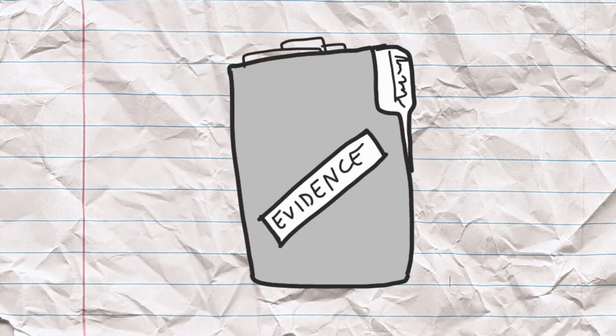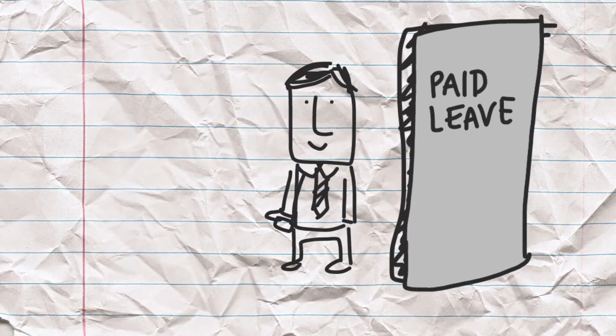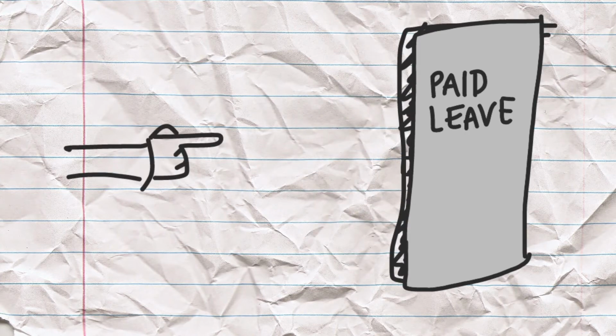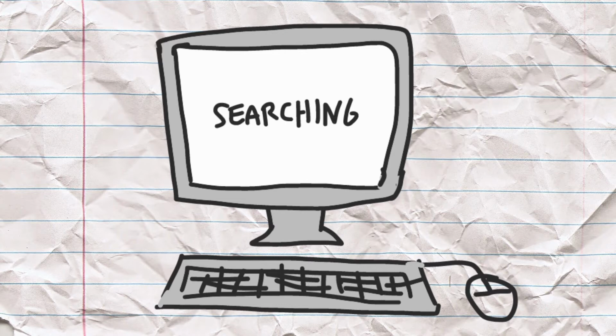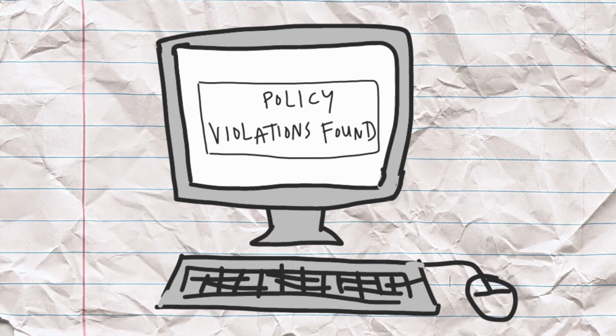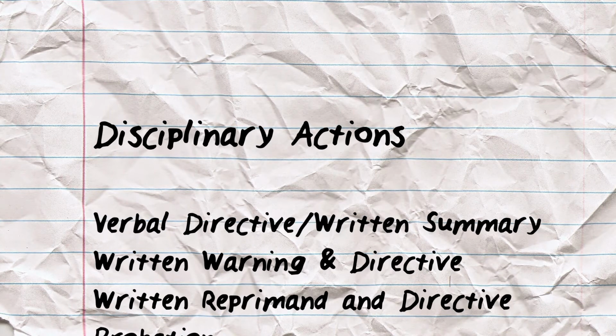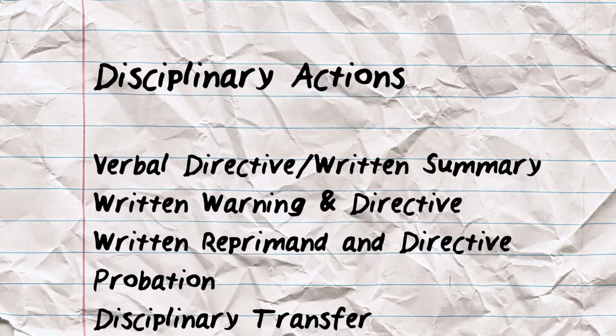and listening to the employee's side of the story. Employees may be put on paid administrative leave during the course of an investigation. Administrators may also conduct searches of employee workstations if there is reasonable suspicion that the search will turn up evidence of a policy violation. The district may use a range of different disciplinary actions against employees as a consequence for